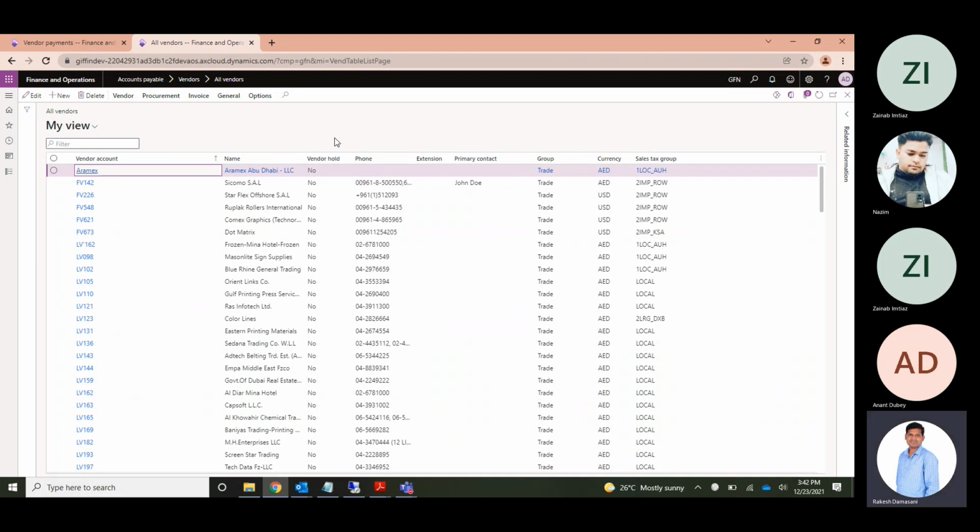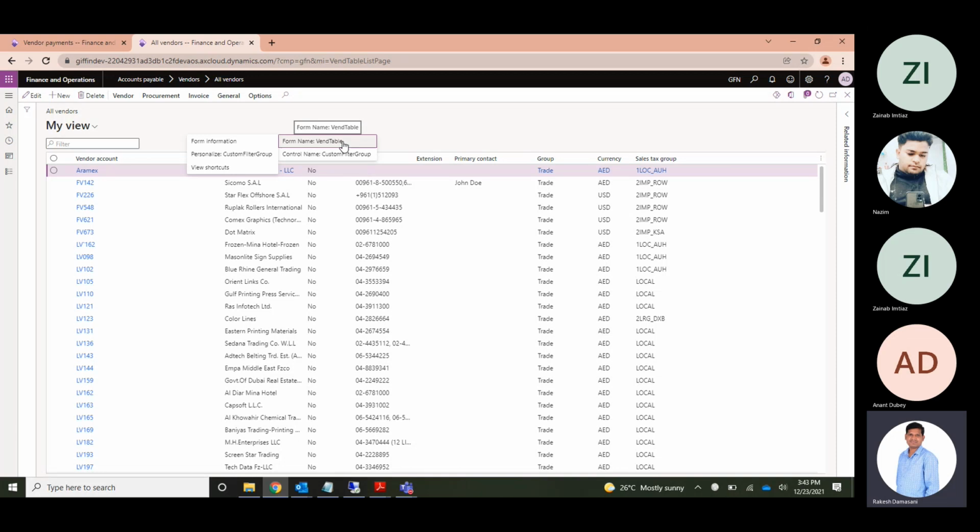In real scenarios, the requirement might be that we have to identify what this is. This we call a form. In Finance and Operations, we call it a form. And if you right-click on that, it will show form information, and it says form name. As said, this we call in Finance and Operations a form.